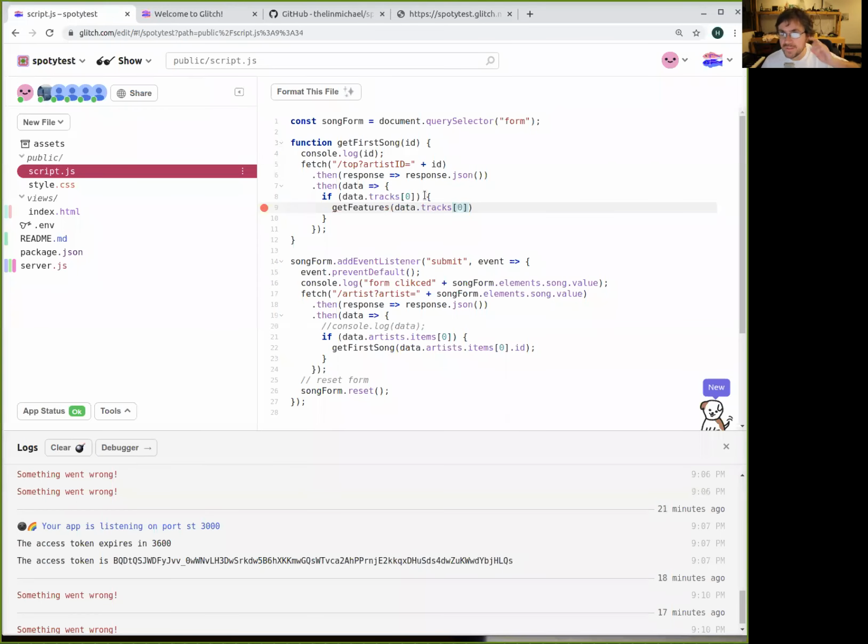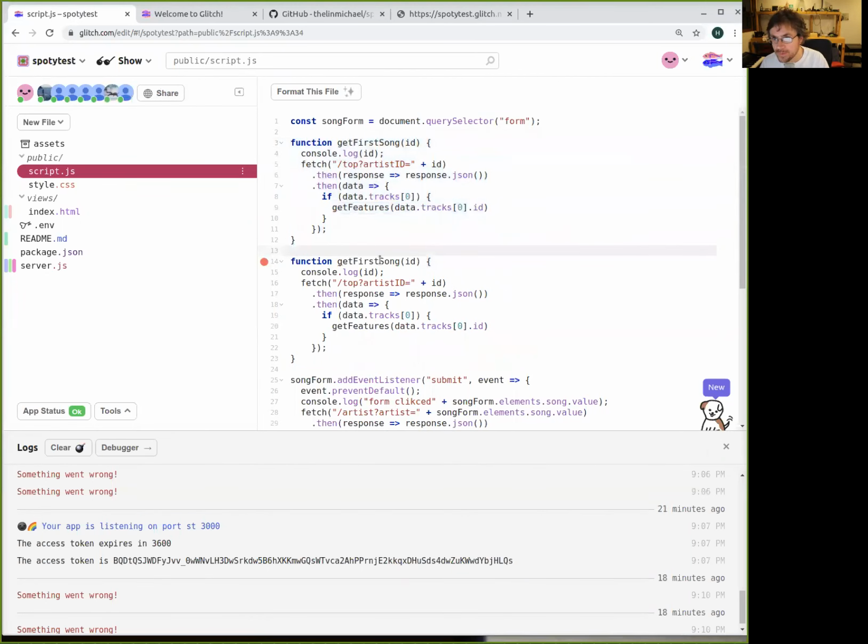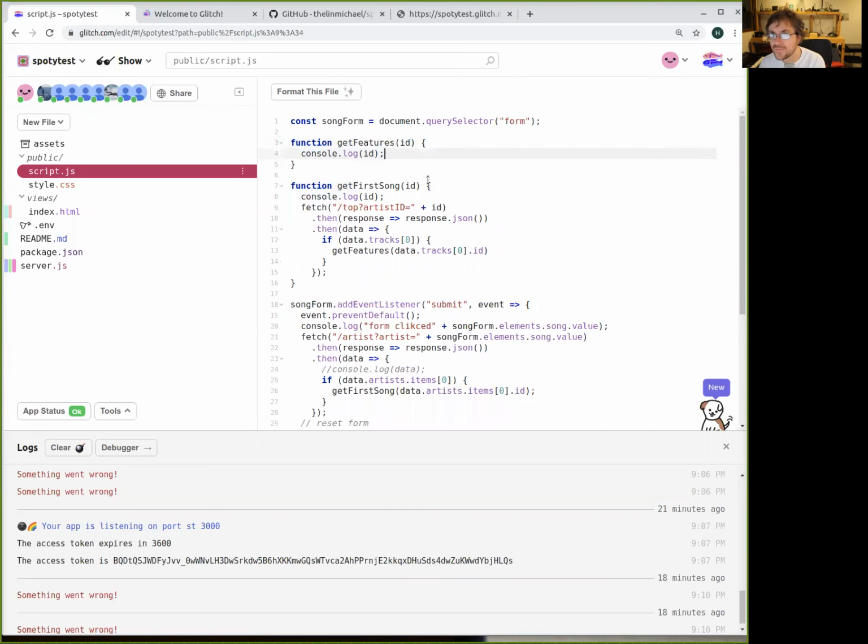Get features from data. Give me the tracks.id. We don't have this function. I'm just copying this function and placing it here, but now this is the features ID.